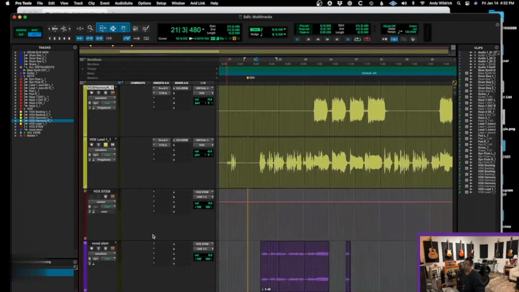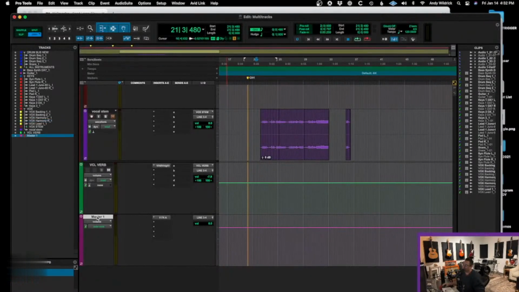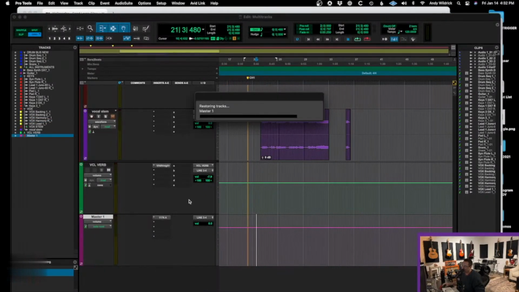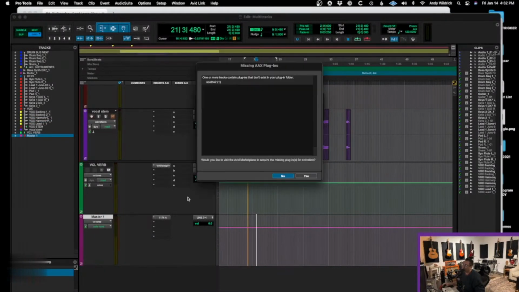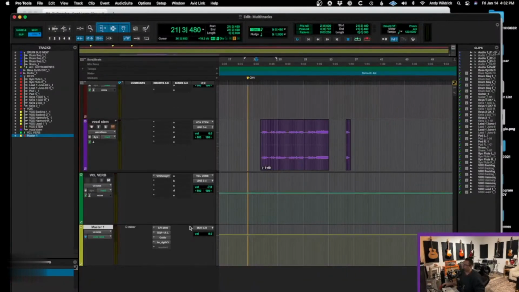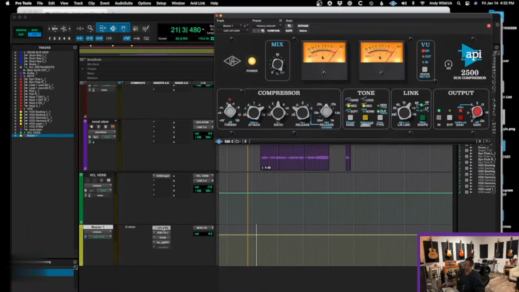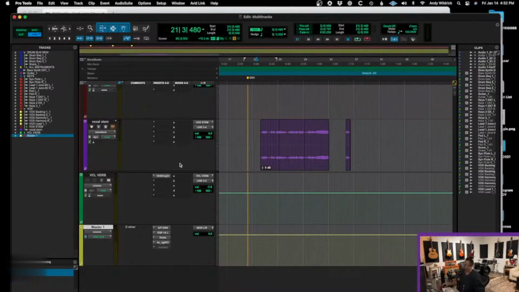And that track preset is amazing because, for example, I go to the master, I go to Recall Track Preset, I go to My Mix Bus, and it's got to do some work here. And it brings in everything on my mix bus. It's ready to go. I'm not starting from square one. Now, another power move that goes along with this. Let's say I really like the